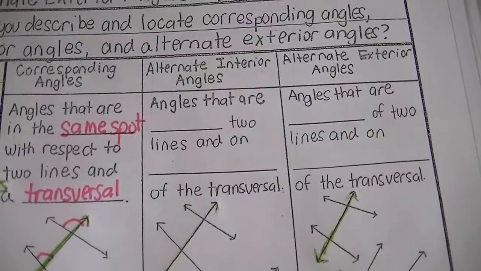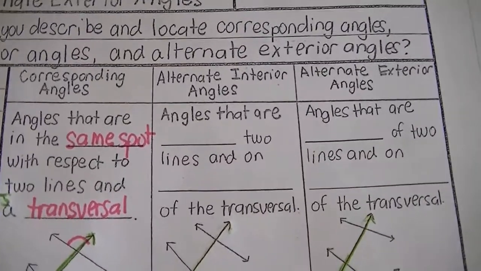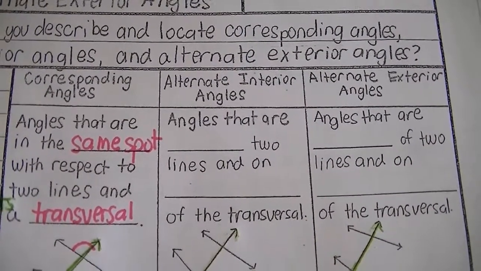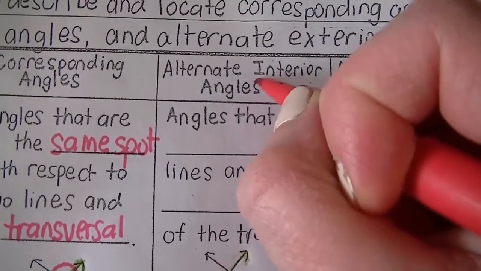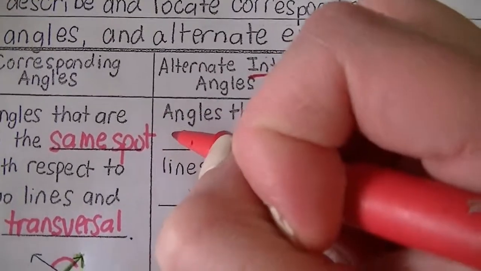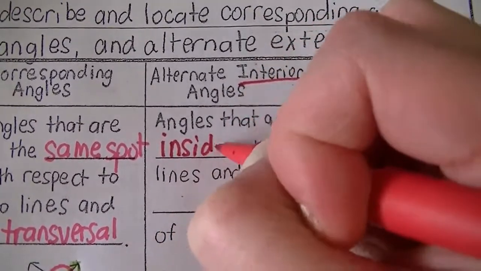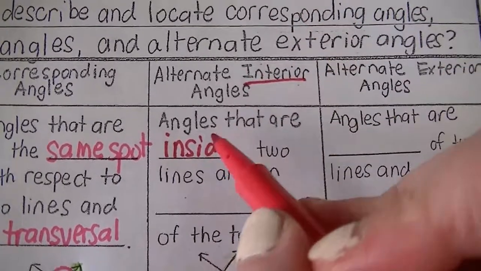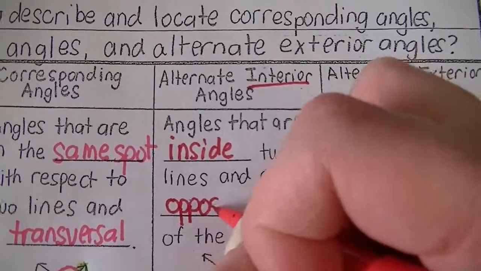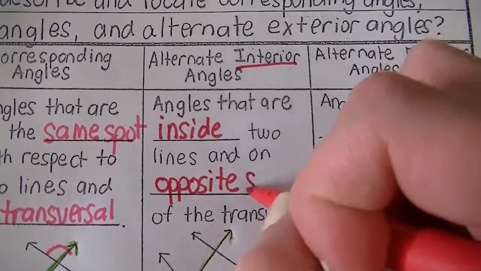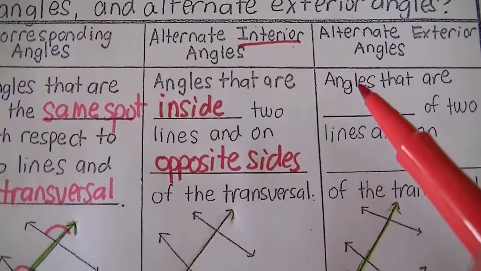All right. The next type of angles I want to talk about are called alternate interior angles. And those are angles that are inside of two lines and on opposite sides of the transversal. So this word interior means inside. Like if you have interior house paint, that's inside house paint, okay? So that's where they come up with this. Interior means inside. They're angles that are inside two lines and on opposite sides of the transversal. Okay, and where they get the opposite sides, that's where they come up with the word alternate. All right, and here is what it looks like